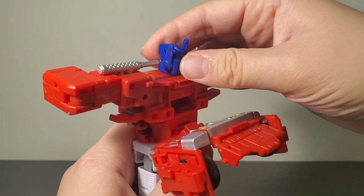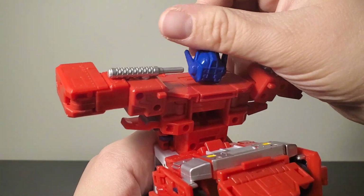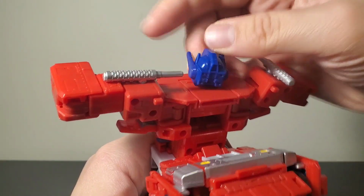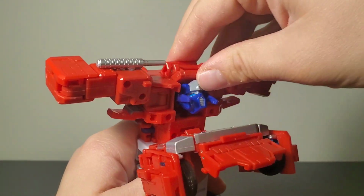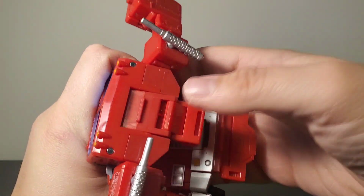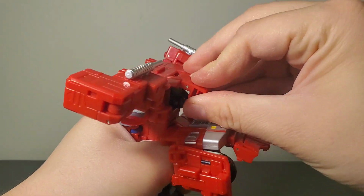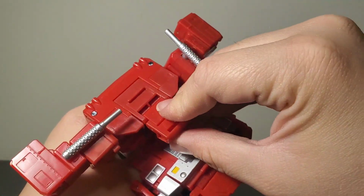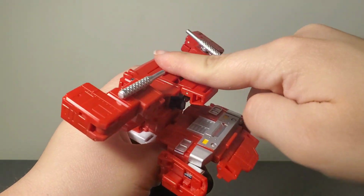Next, we have our first MP10 piece of shared engineering. Fold forward the Optimus ears so that they are out of the way, and then rotate around Optimus's head and fold it underneath his body like so. Once it's all the way in there, you can just press down on this back piece right here on the hinge, and it will pop up. Next, of course, there's a double segmented piece. Just make sure this is all flushed and flattened out on top